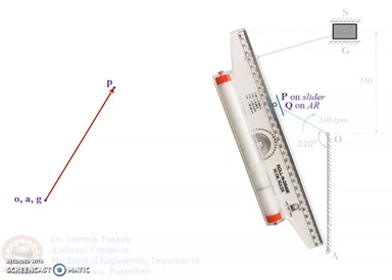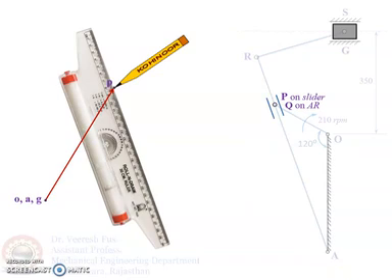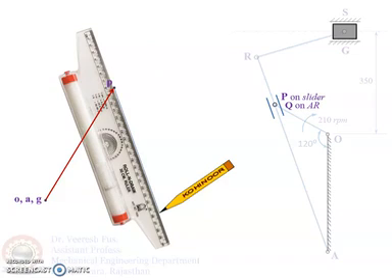So the velocity of P relative to Q will be along the link AQ or link AR. So we have to draw a line parallel to link AR from point P in the velocity diagram. For that we are using a roller scale. So with the help of roller scale, we will draw a line parallel to link AQ from point P in the velocity diagram. As we don't know the length of the velocity vector, so we will leave it as it is for now.